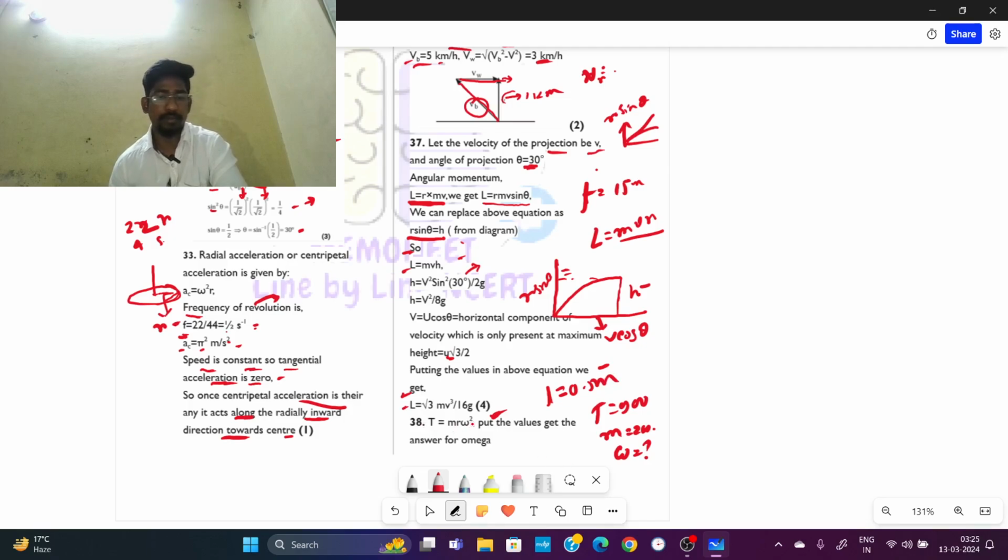So the formula of tension is mr omega square. So if you put the values, right? So L is 0.5, T is 900, m is 2 kg, right? m is 2 kg. Okay, so if we put the values, we will get the value of omega, that will be equals to,